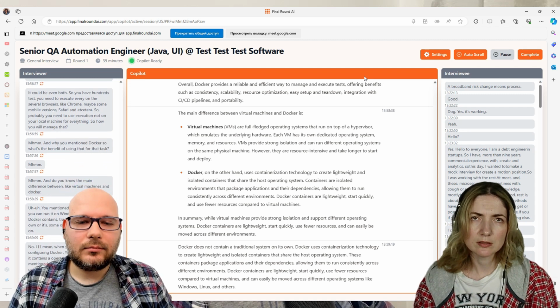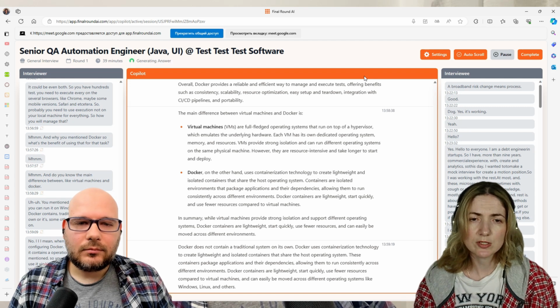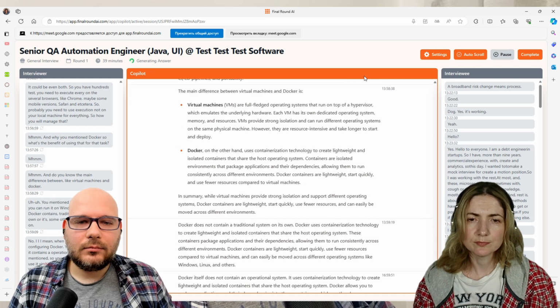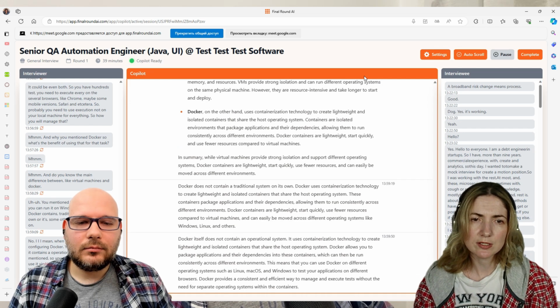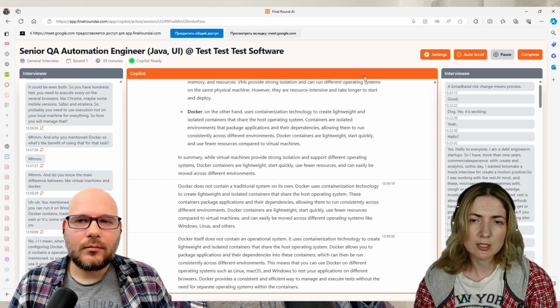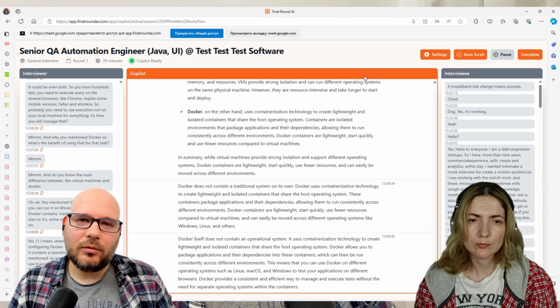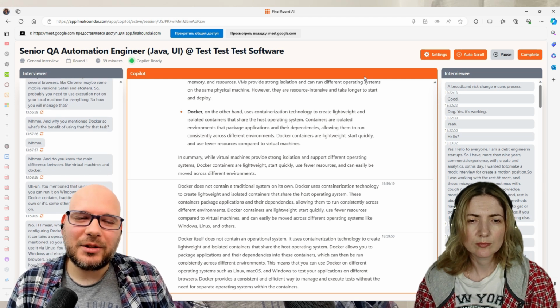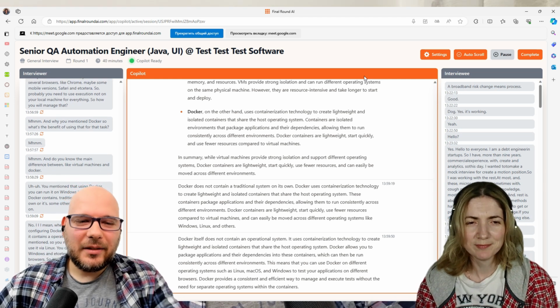Docker does not contain a traditional operating system on its own, but it can make containers with applications and their dependencies, allowing them to run consistently across different environments. So it looks like that's the difference from virtual machines. Yeah. Okay.